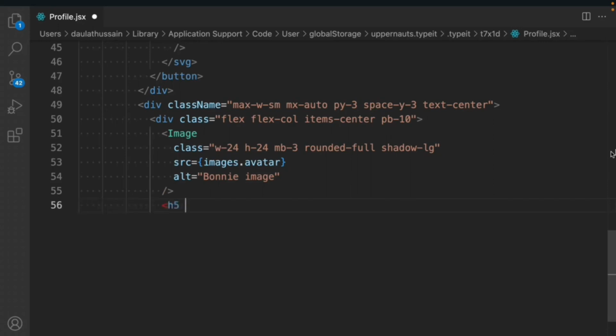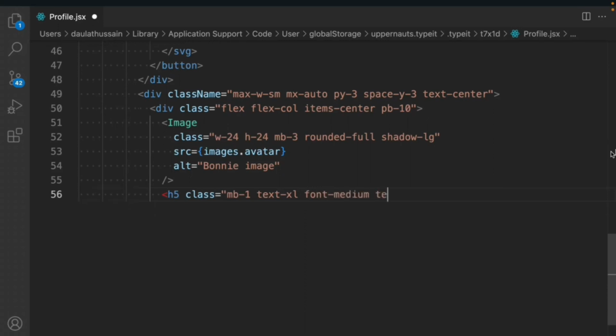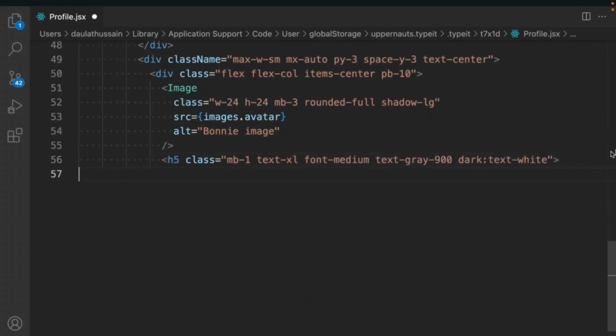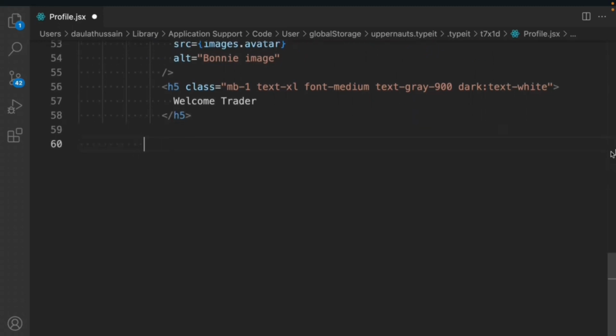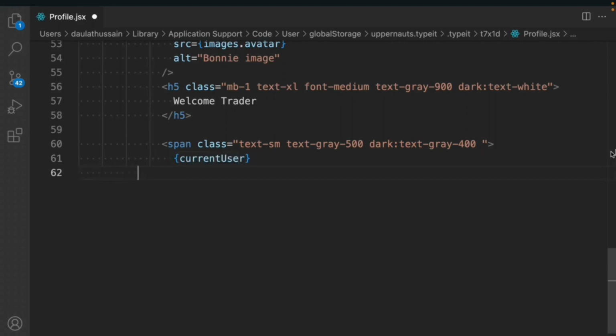and we're going to take this h5 and say margin bottom 1, text xl, font medium, text gray 900, dark text white. We'll say welcome trader, that's the message we want to display, and we're going to simply close this one. We'll come here and take a span, and inside that it will say text small, text gray 500, dark gray 400, and inside that we have to display the address of the user. So that's the one we have to pass here. Close this one,